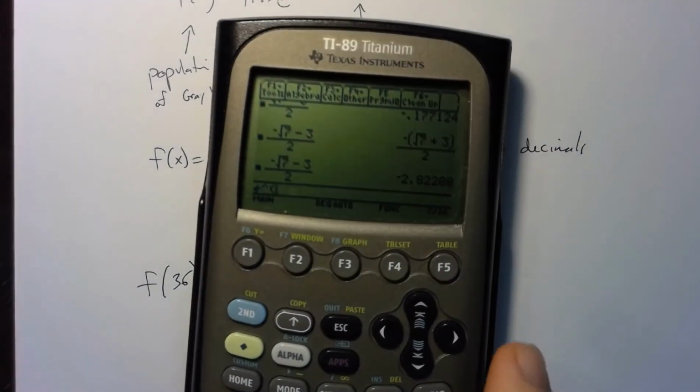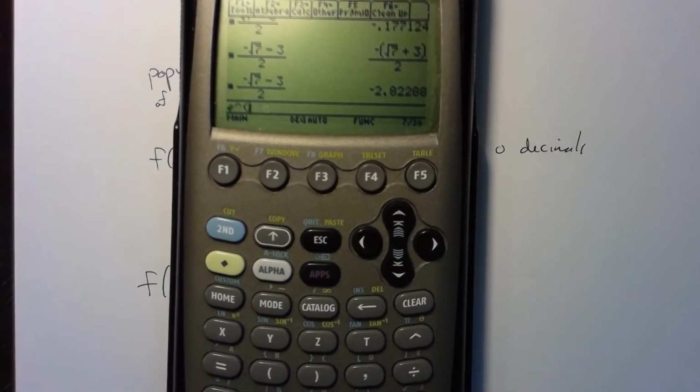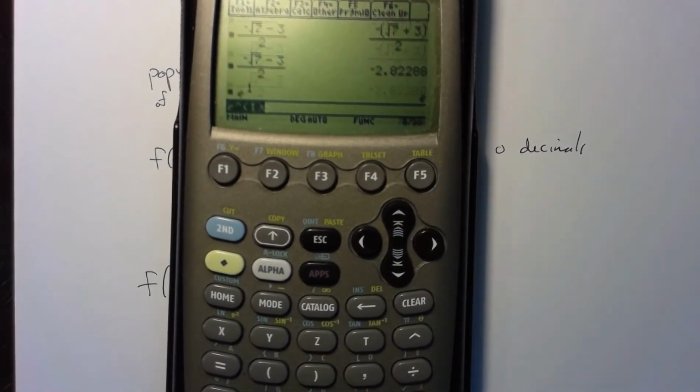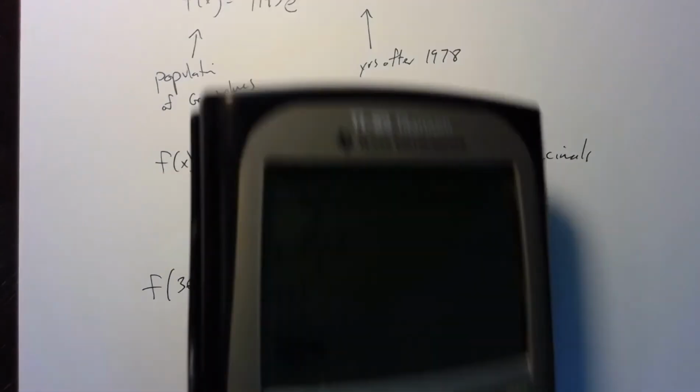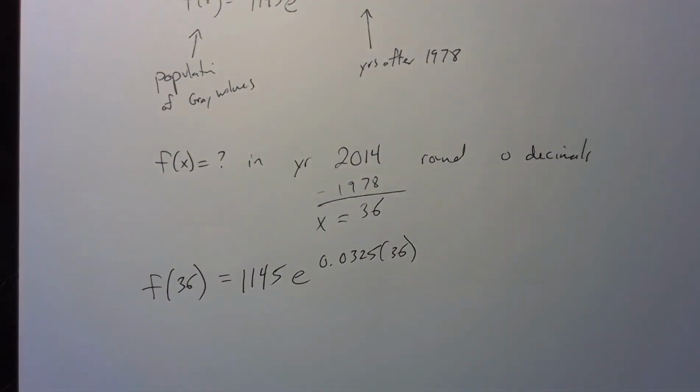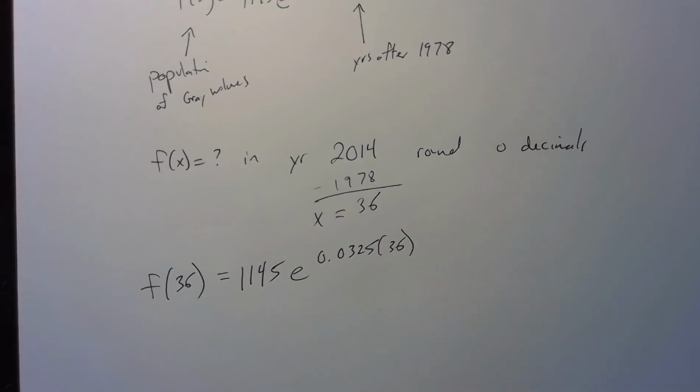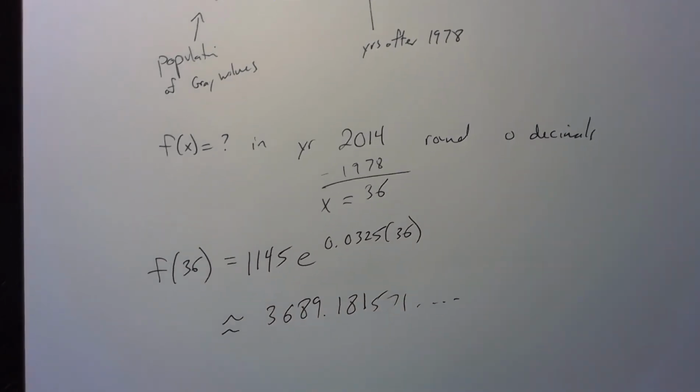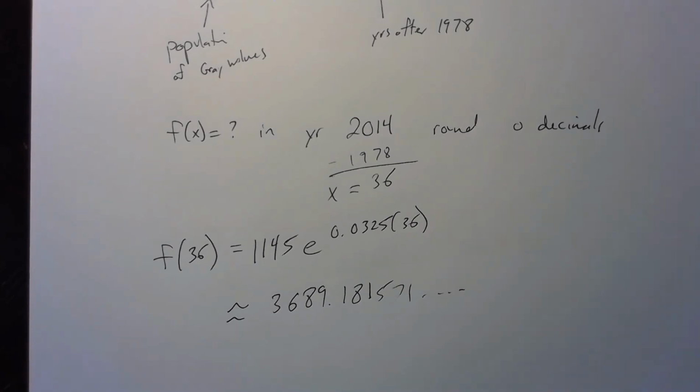So in my calculator here, I've typed in e to the power of 1, and you'll notice that is approximately 2.718. It's, again, more decimals than that, and my calculator has rounded it off. In any case, if I were to type this into a calculator, I'm going to get approximately a value of 3,689.18157... And because the question very specifically says round it to the nearest whole number, I'm going to